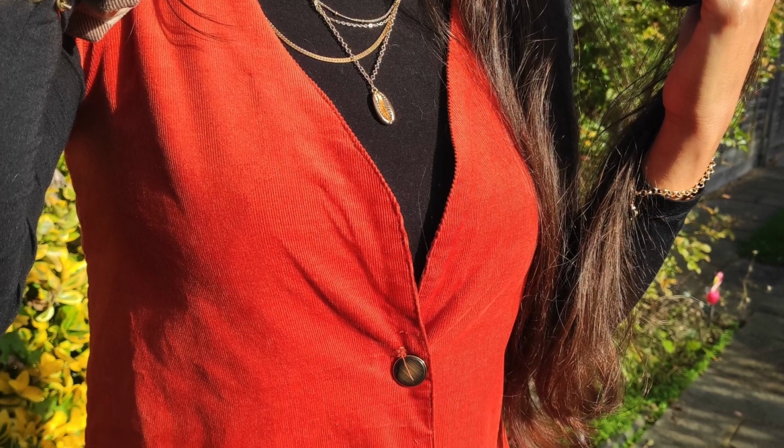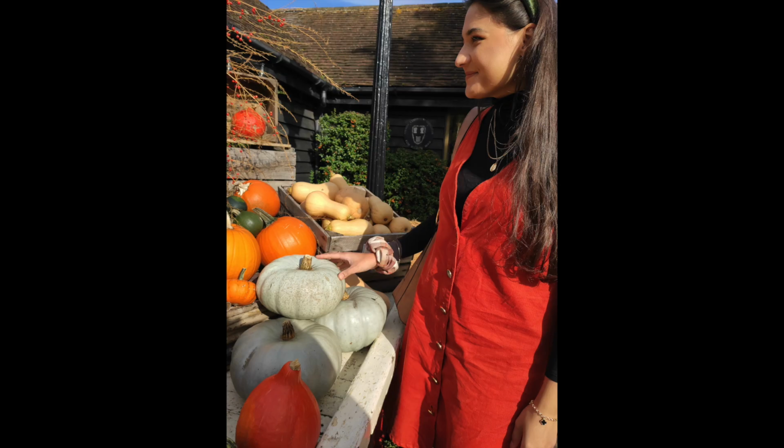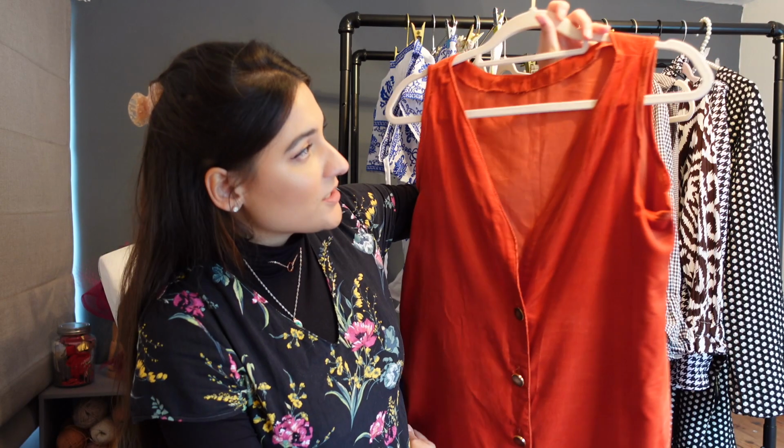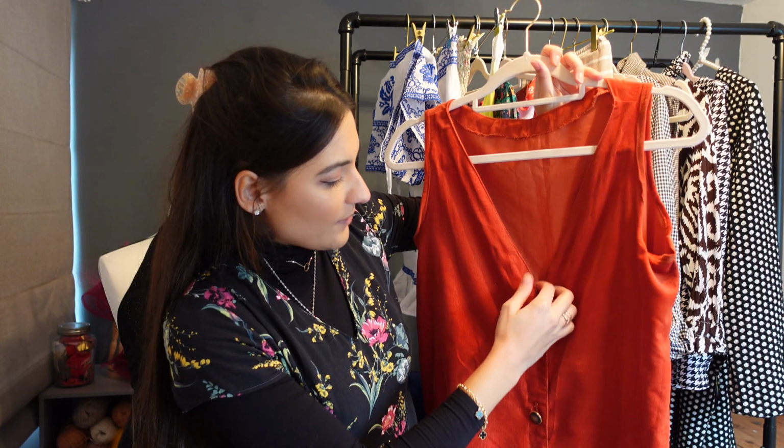I've been wearing it with jumpers underneath, long sleeve tops, and even in the summertime I could wear this with a white t-shirt underneath. The only thing I think I would do differently with this pattern is maybe start the buttons up a little bit higher,